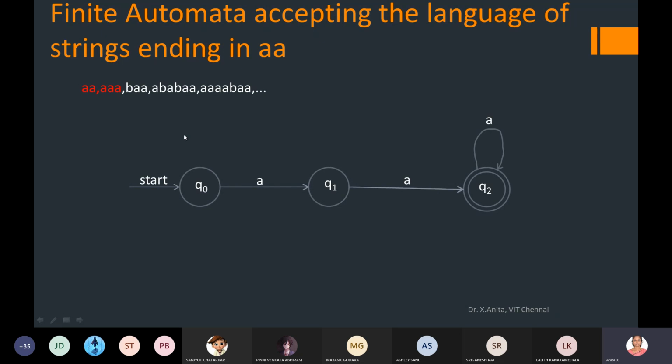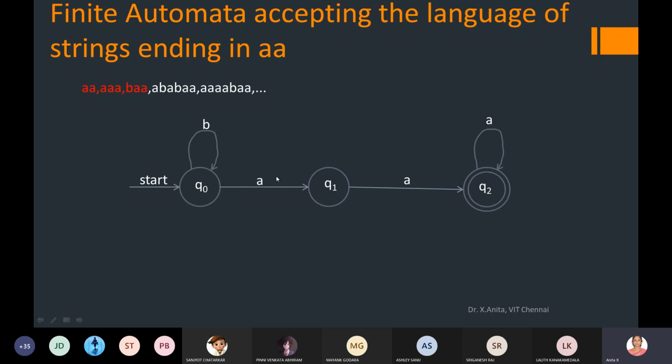And next comes B. So here in Q0 I am coming across B. If it is going to be A, I can move on to Q1. But here in this case I am coming across B. So where should be my transition? I will be in the same state Q0. Okay, I'll be in the same state Q0. So next is going to be